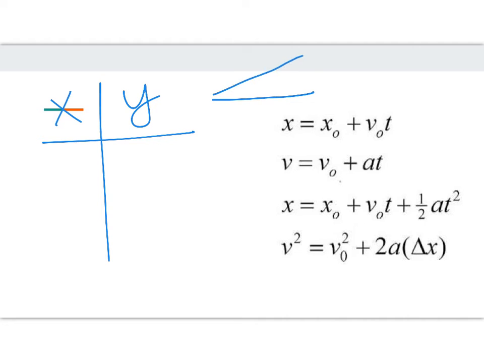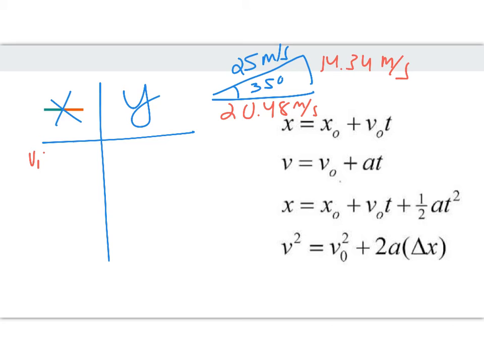So I can use a little bit of SOHCAHTOA to help me out with this, and I'll let you do this part on your own. When I separate my x and my y components, for my x I'll get 20.48 meters per second, and my y I'll get 14.34 meters per second. So before you make your x and y t-chart, you need to separate your x and your y components when we're at an angle. All right, so for the x, my v_i and my v final are the same,